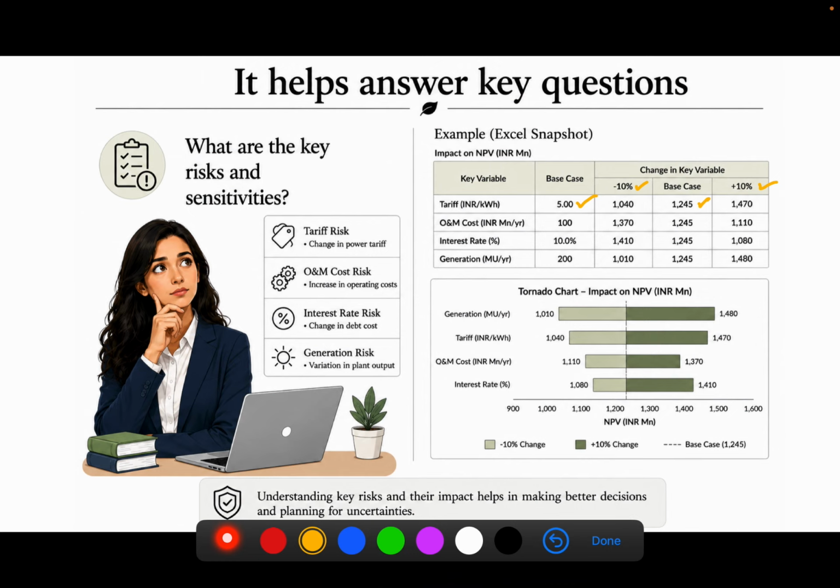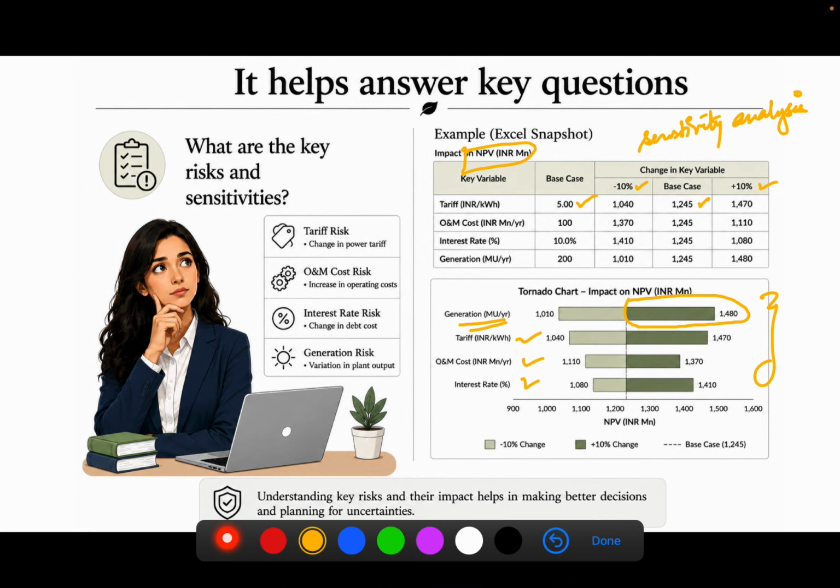This is called sensitivity analysis. As one assumption changes, our NPV value also changes. And this chart here helps us quickly see which variable has the biggest impact on the project's NPV. As you can clearly see, if generation changes, our NPV changes by a higher amount than the rest of the other variables. So, financial modeling does not just help us understand what could happen, it also helps us understand what could go